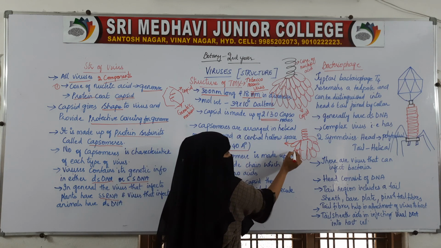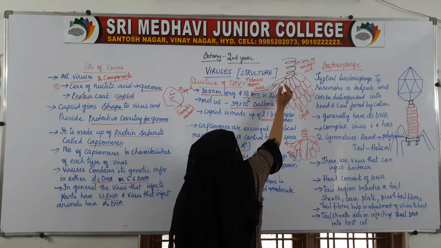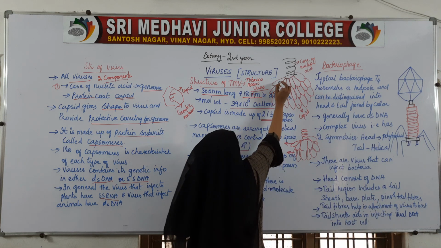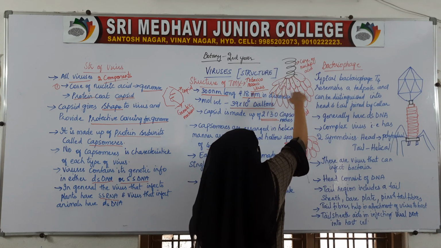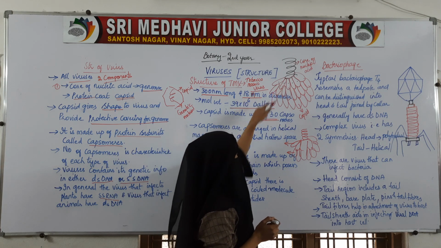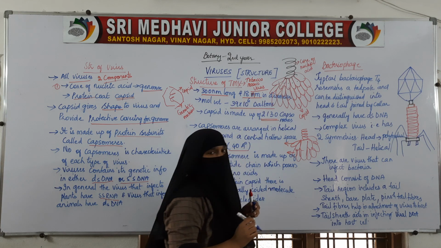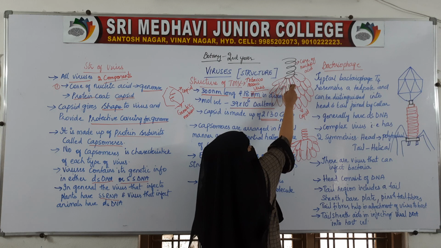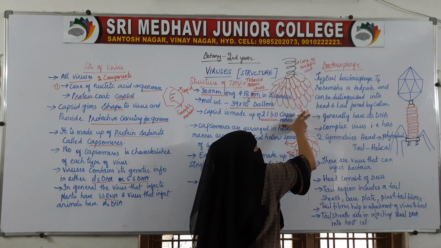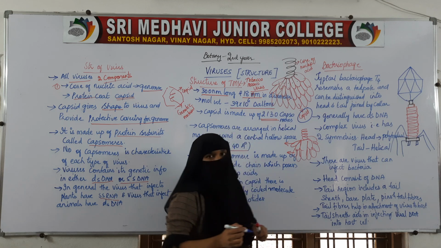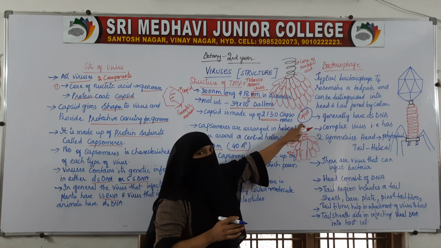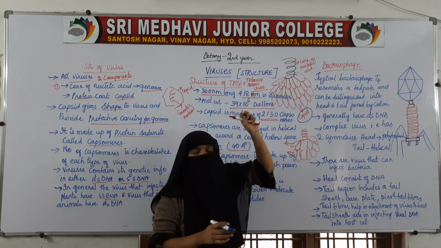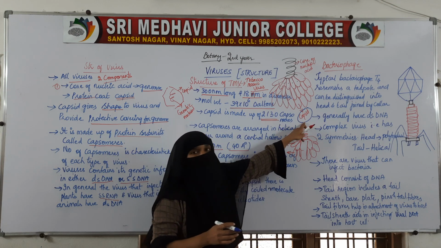So, this is one capsomere. These are the capsomeres. Okay, they are arranged helically, and like this, how many will we have? 2130 capsomere units will be present. So this is one capsomere, this is one capsomere, this is one capsomere. The whole capsomeres together are called the capsid. A single one is a capsomere, and all capsomeres together make the capsid.